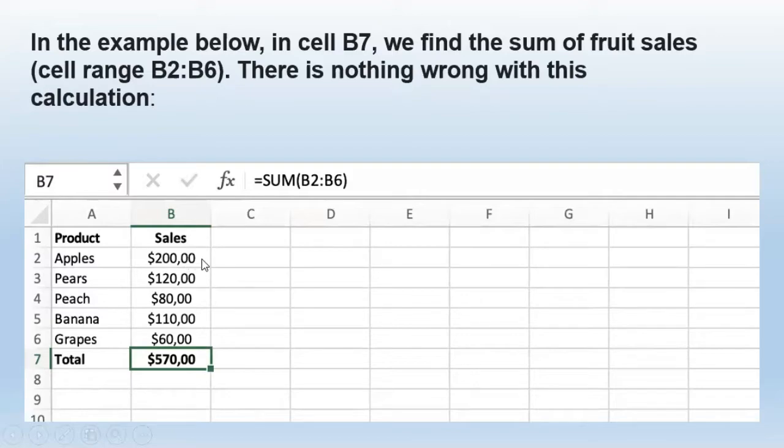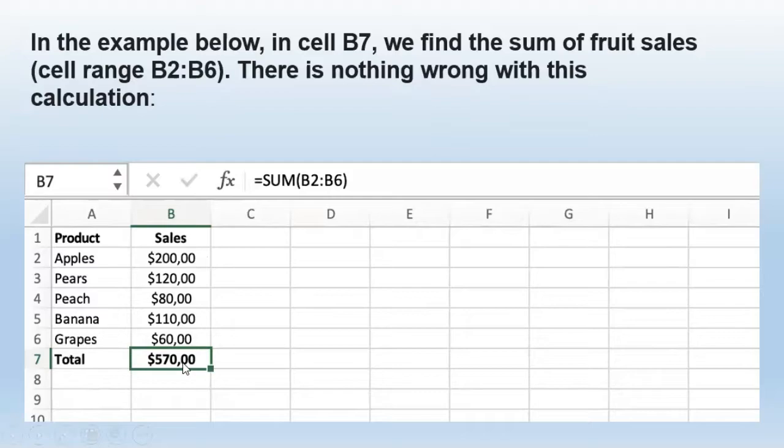B2 is column B and row number 2. So the calculation starts from this value, B2. B2 means that we start our calculation from column B and row number 2. And then B2 to B6 means B2, B3, B4, B5 and B6. We have to calculate all the values. But in which cell do we have the complete calculated value? In B7. Cell number B7.